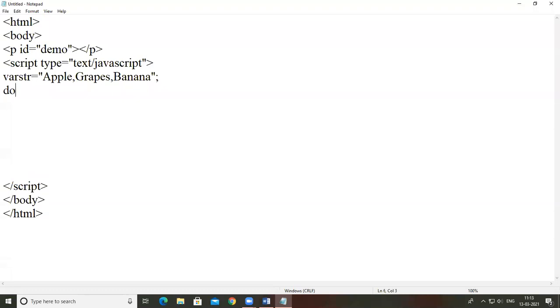Then, I'm not taking document.write here. The elements are taken from this ID, which is demo, the ID of a paragraph tag.